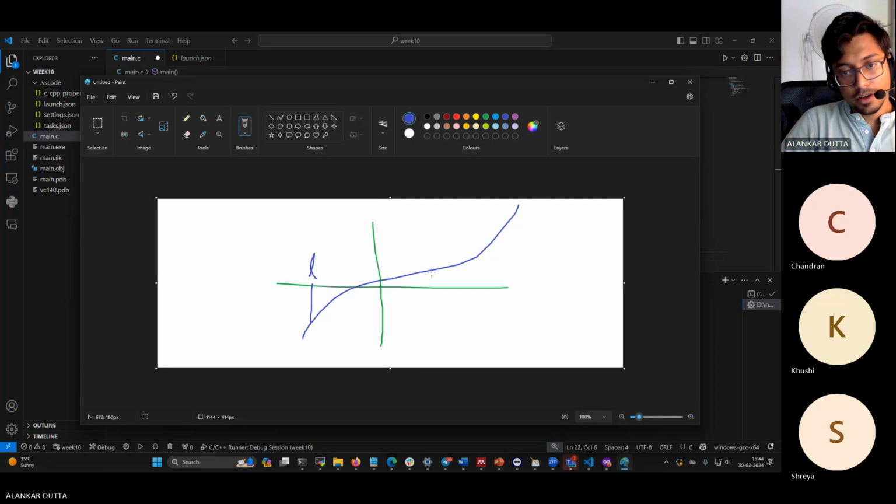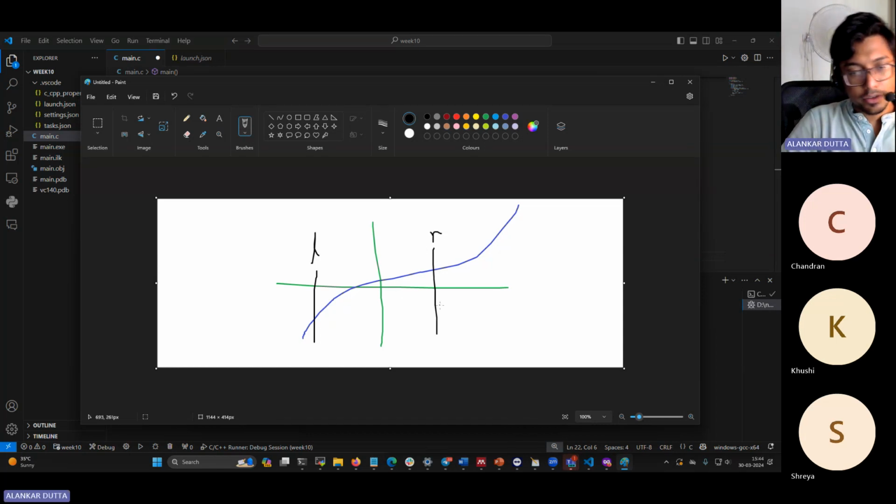This is kind of your, let me change the color. So this is kind of your left, and this is your right. Okay. So now we are trying to find out the midpoint, which is in here, and therefore now